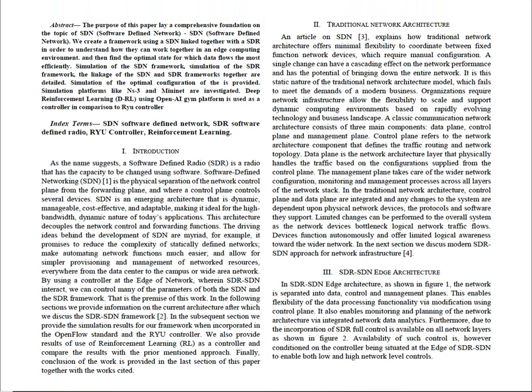So coming to the core aspects of the SDR-SDN network, in this paper we talk about how the SDR-SDN network is different from a classical communication network architecture. In classical communication network architecture, as we have mentioned over here, we have three different planes. We have, of course, a control plane. In the control plane, the control signals related to the network flow through, and which controls what the network needs to perform.